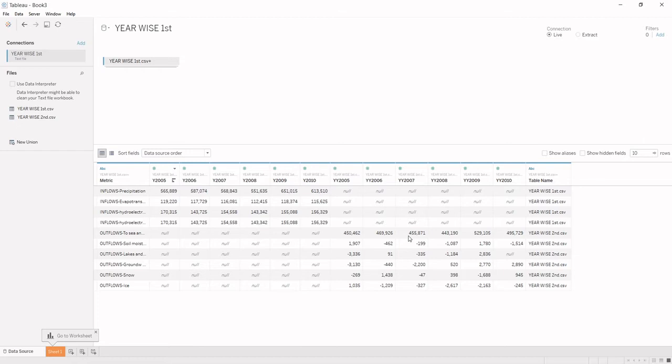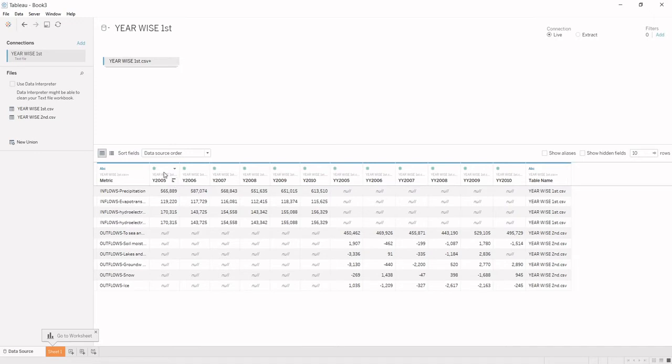You will be using the merge mismatched field option whenever you are using unions and your data is not combined in a correct manner. Whenever you are doing unions, sometimes the columns of both the files are not similar, so the data will not be combined in a correct manner, and they will bring you null values in the data.